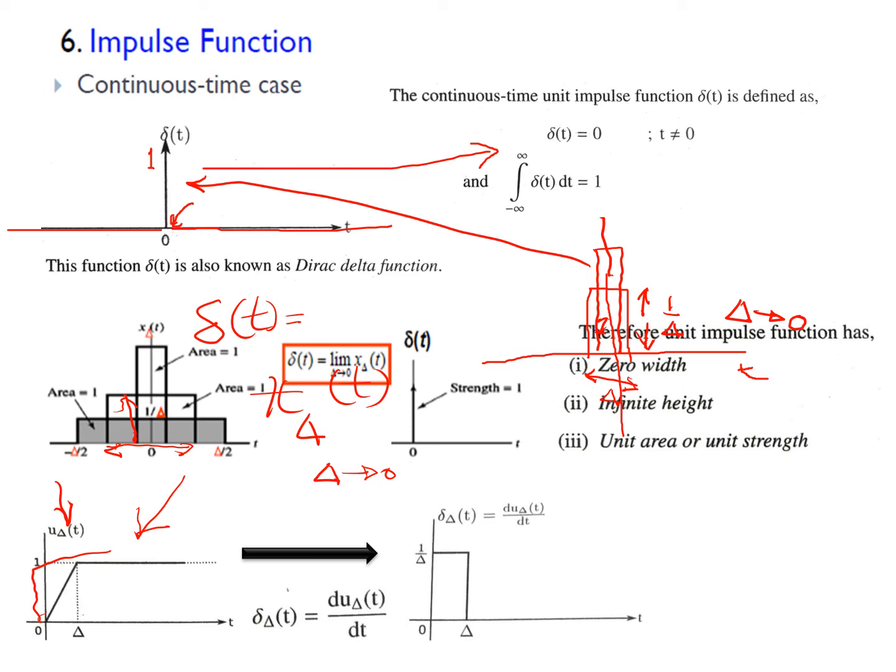Now if you make delta, the width of this pulse, very small, then the height of the signal will be very large, so that the area is equal to 1. Then you can visualize the unit impulse: the smaller the width, the larger the height, it becomes the delta function. Now what is the significance of this signal in actual practice? To understand the significance in actual application, let us start studying the properties of the unit impulse, as in the next slide.